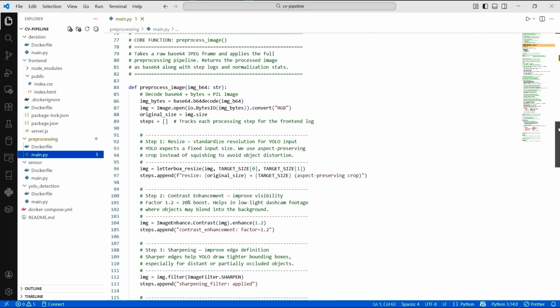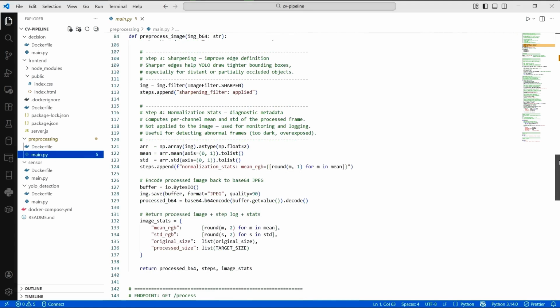We use Pillow's ImageEnhance with a factor of 1.2, a 20% boost. It helps with low light footage where objects blend into the background. Step 3. Sharpening. We apply a sharpen filter, crisper edges mean tighter bounding boxes from YOLO.